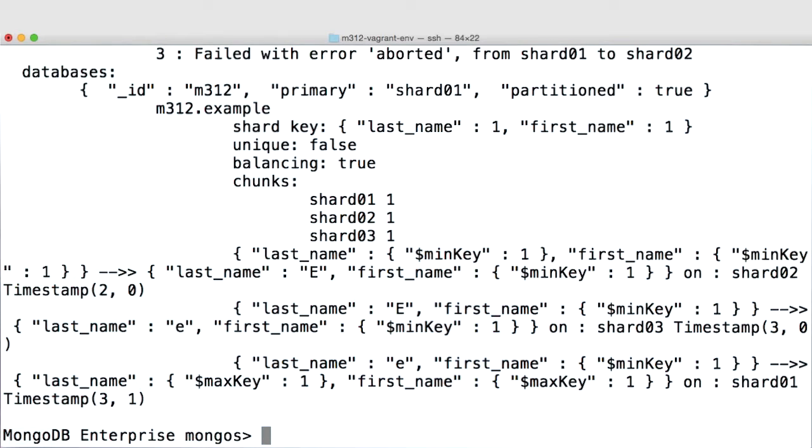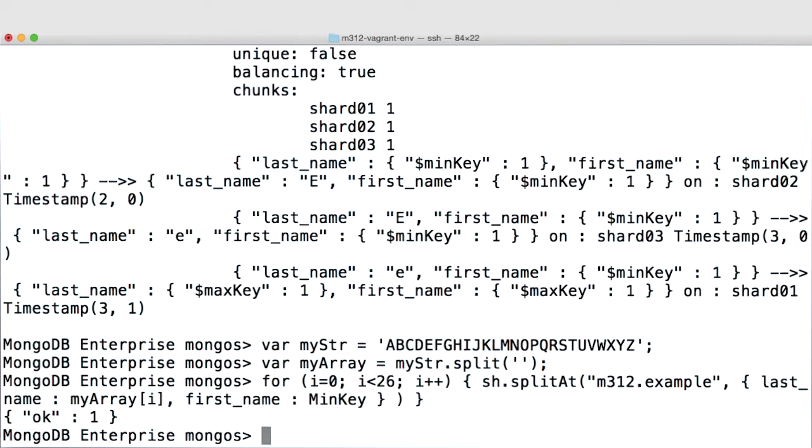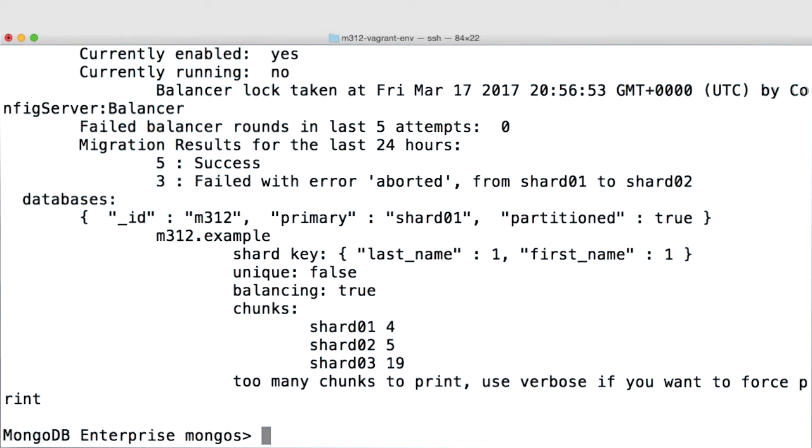Now let's create a bunch of chunks and let the cluster distribute them. sh.status. And okay. Whole lot of chunks, and it's distributing them. And after a few moments, I have a nicely balanced cluster with 10, 9, and 9 chunks respectively on each of those shards. But of course, my data isn't evenly distributed. There's a great helper function in the shell to assist us with looking at our data distribution. It's called